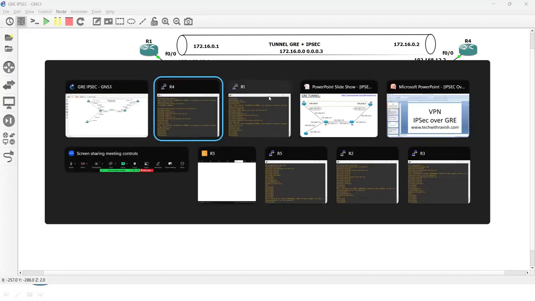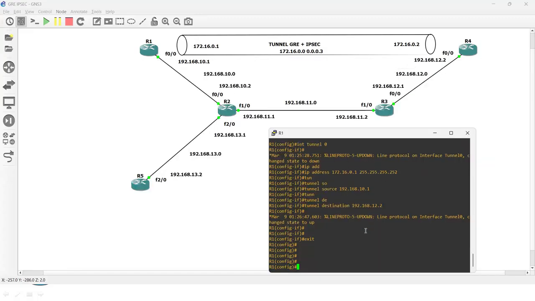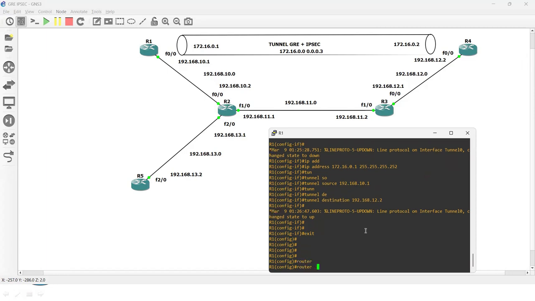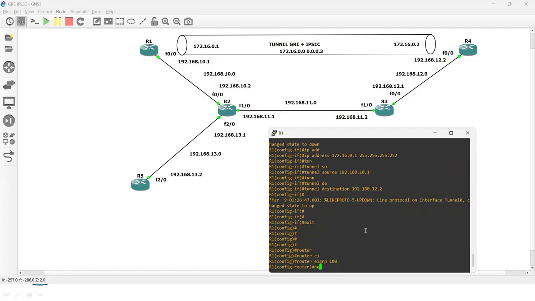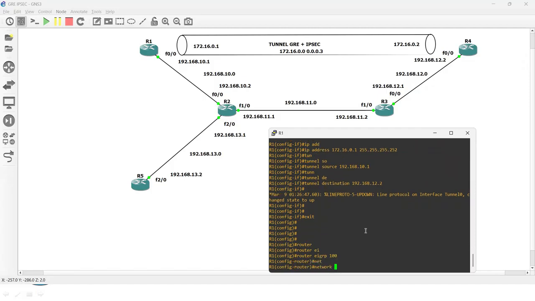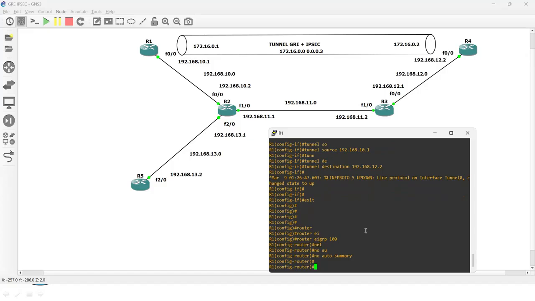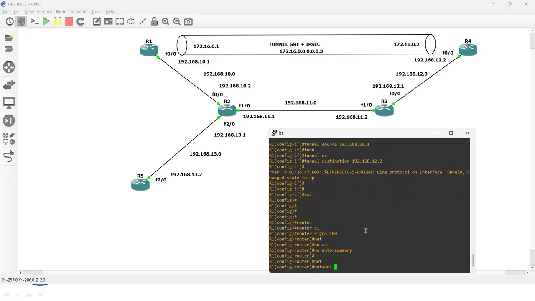Okay, let's go to R1 and do the configuration of EIGRP over here. Router EIGRP 100 and network is 172. Well, we also put a command no auto summary. Okay, then network, this is